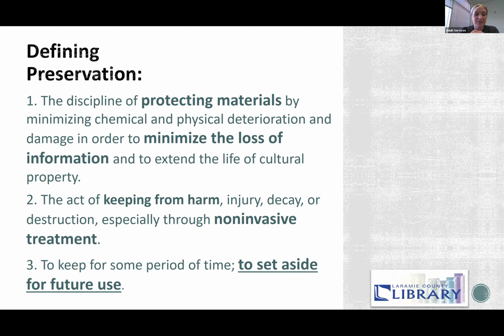And then 3, preservation, to keep for some period of time, to set aside for future use. We don't keep something intending to never use it again, usually. We want to save it for the future. So number 3, we're going to set it aside. So translating those into